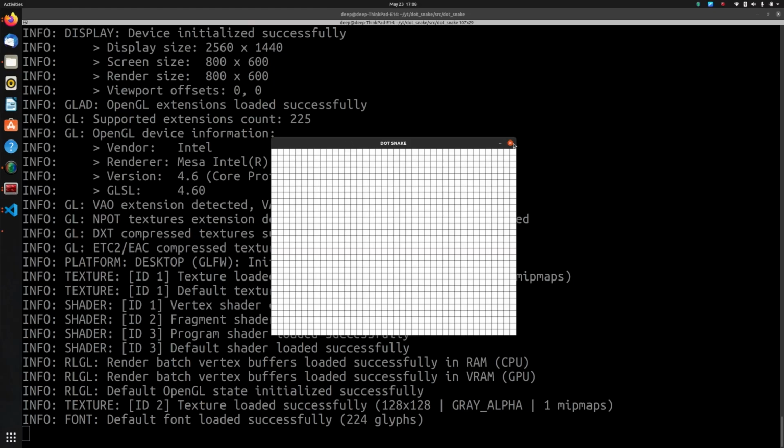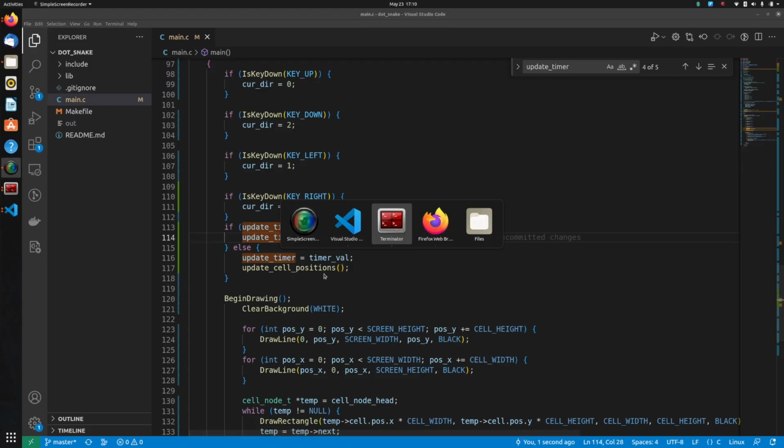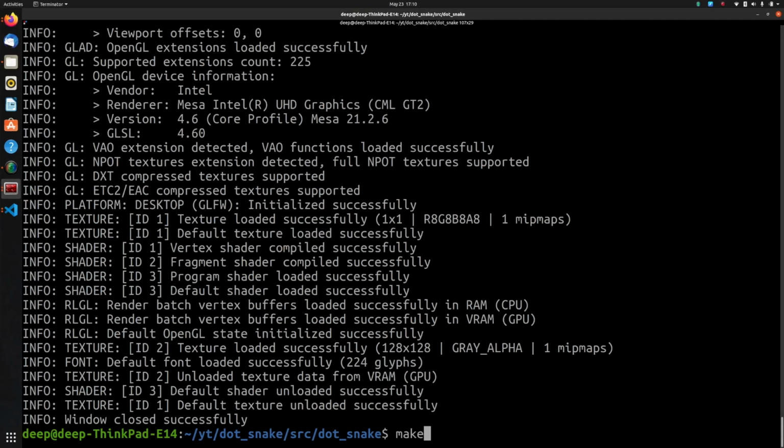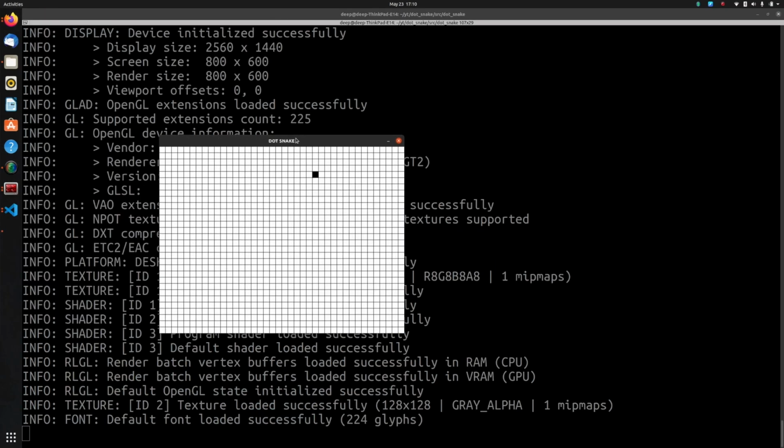Okay, looks like there's some issue. I made a mistake here. It should be minus equal to. Now let's compile once again. Yeah, now you can see